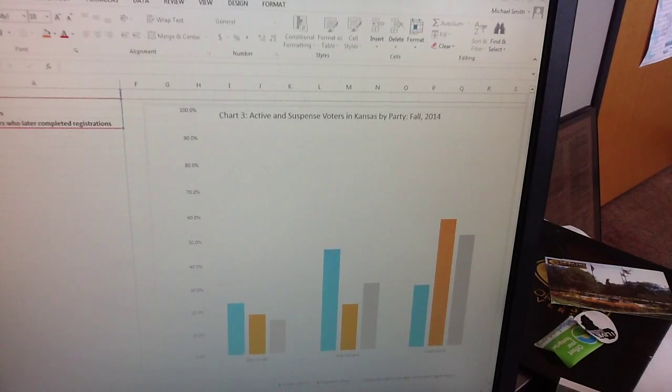I apologize. I don't have the precise statistics here. I thought I'd written them in the paper. I'm going to need to revise my paper here, but you get the idea of what an enormous difference there is in these percentages. Most suspense voters are unaffiliated voters, and keep in mind that that means that they can't vote in party primaries, because Kobach championed another law through the legislature that ended Kansas's semi-closed primary.